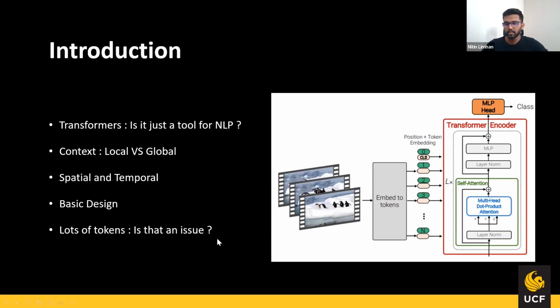On the right side, we can see the transformer architecture. We can see that here the same transformer encoder was used as it was used in vision transformer, and also the same position and token embedding system. The only difference is tokenizing more than one frame in one go, and also letting the transformer learn the spatial and temporal dependencies. The first thought that comes to everyone's mind is to give the entire video as input,